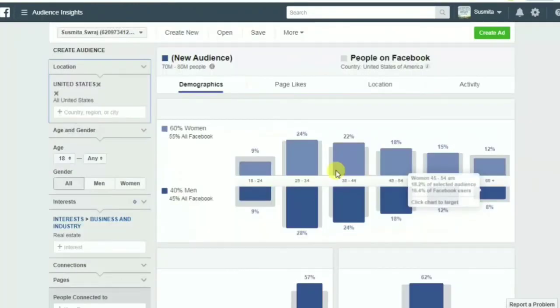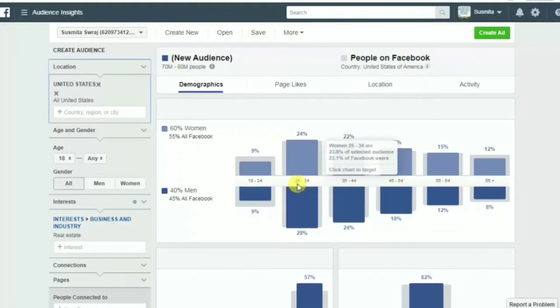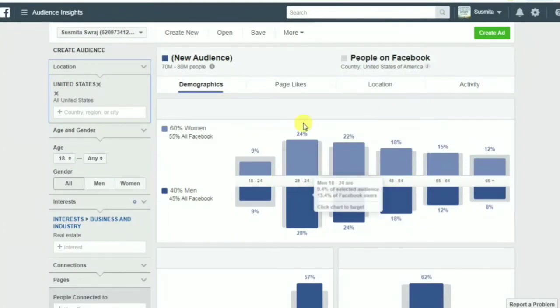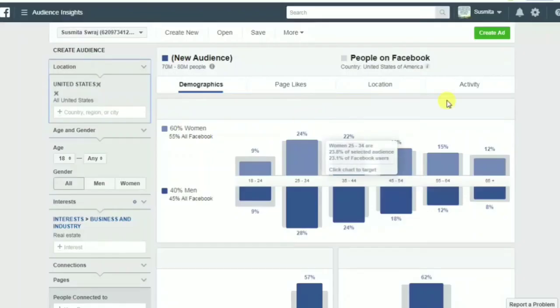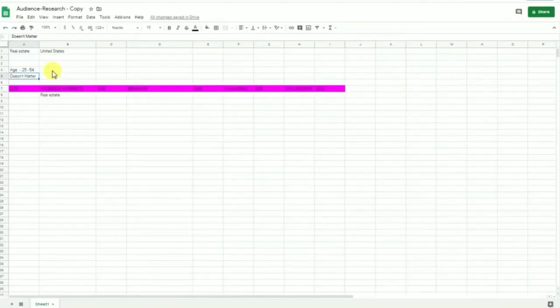And from demographics you can see that the age group of 25 to almost 54 has most of the audience, right? So now you understand that in the United States people from 25 to 54 are in real estate. So you have to go here and type your age group, and gender doesn't matter for targeting in the real estate industry, so I have written here that it doesn't matter, right?